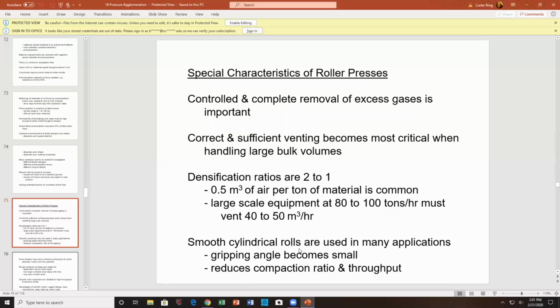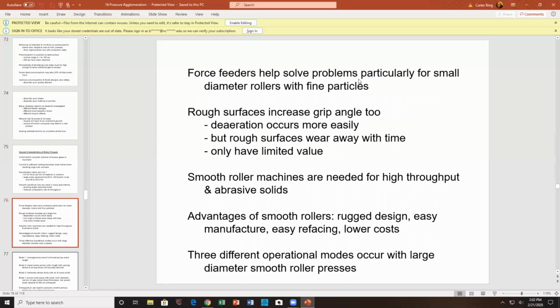Smooth cylindrical rollers have to be used in many applications. The grip angle becomes small, which reduces compaction ratio and throughput. Force feeders help solve problems, particularly for small diameter rollers with fine particles. Rough surfaces increase the grip angle. De-aeration occurs more easily. However, rough surfaces on the rollers wear away with time